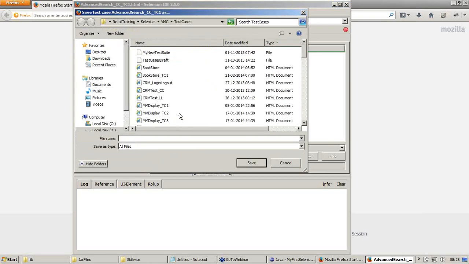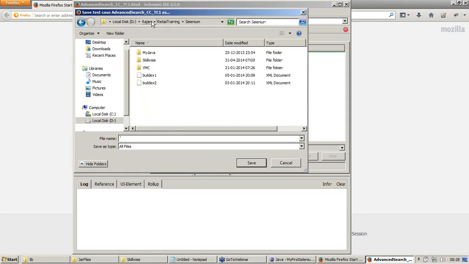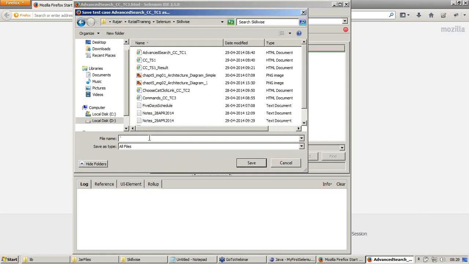The moment I chose that option, I'm able to see a browse window. It asks me, you chose to export a test case, where exactly do you want to export it? I'm going to give my Java file name now. I say advancedSearch. See the naming convention I use.